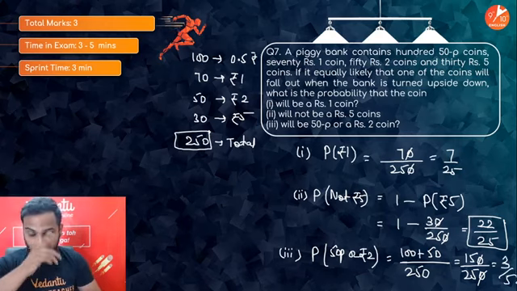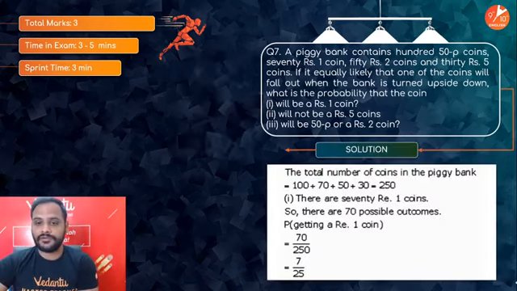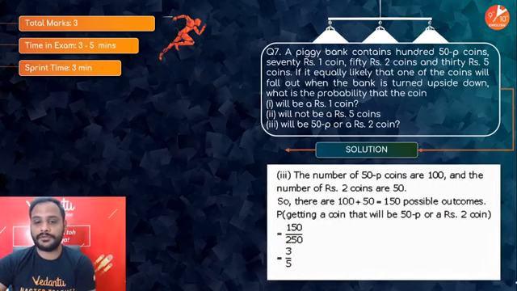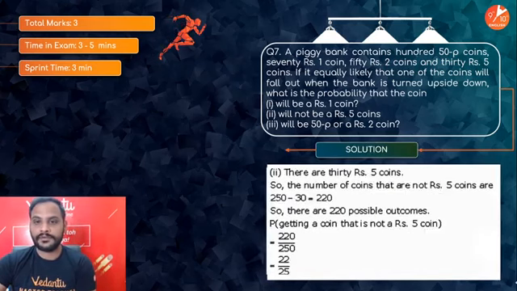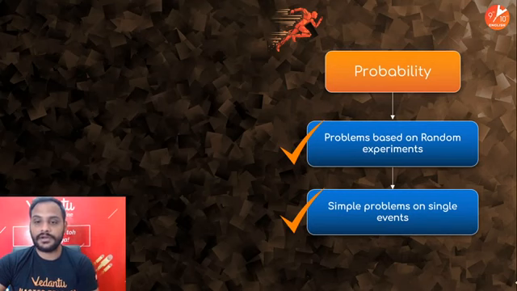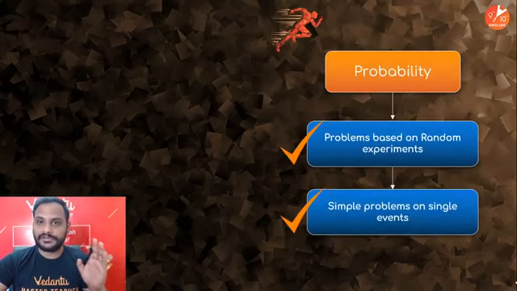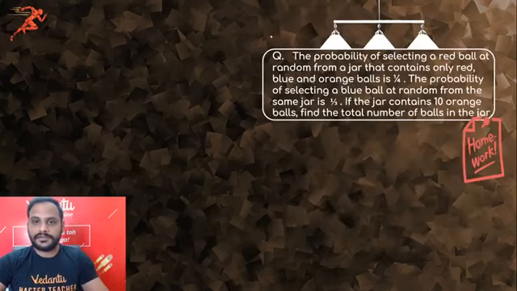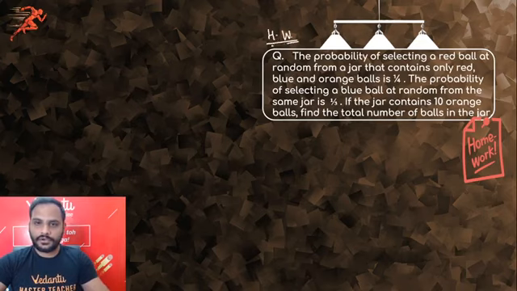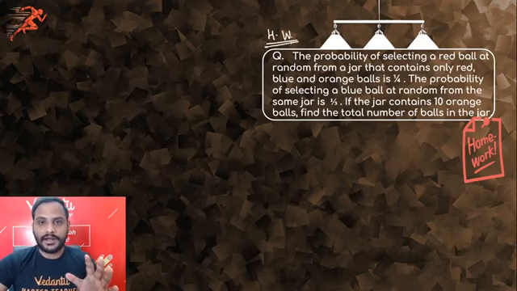Done. So read the event carefully and your options, and your answer is going to be very easy. This is how these questions will be solved. These are some of the problems which come from the topic probability. This is a question for you. Please solve this question in the homework and let me know your answer in the comment section.